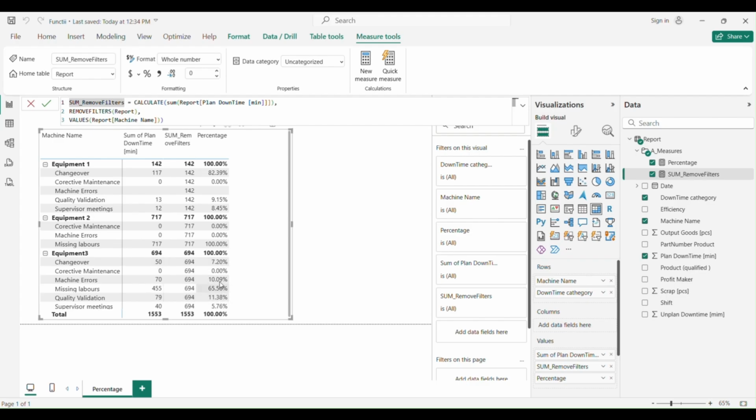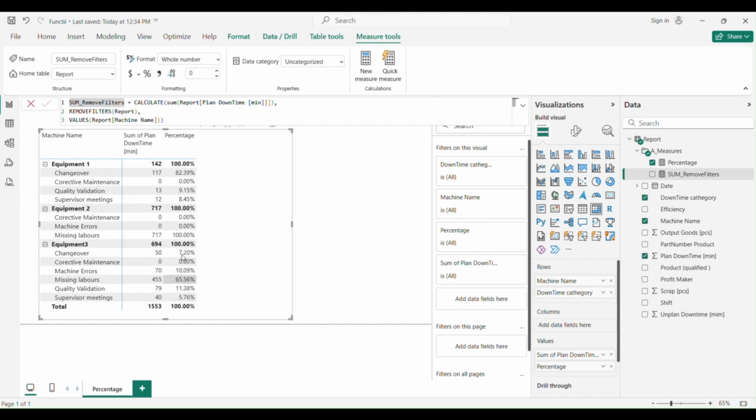So everything which I will sum up from here will be in the category. So for example, missing labor in equipment 3 had an impact of 65%. Now of course, if I just delete the middle column, sum remove filters, I will get this percentage like that.